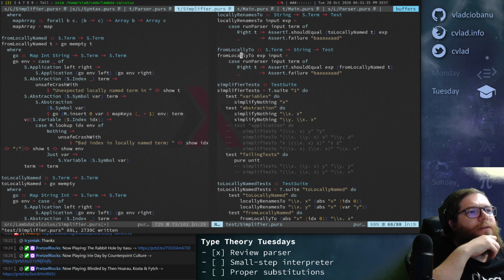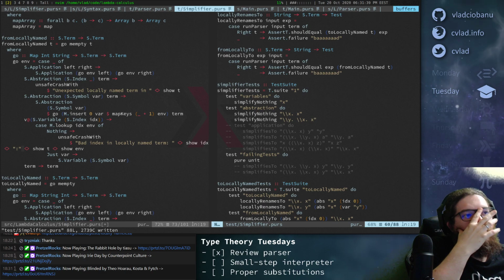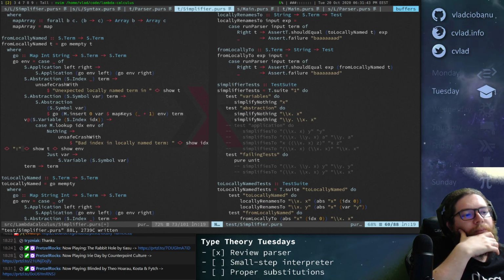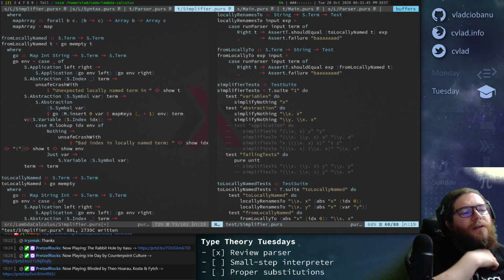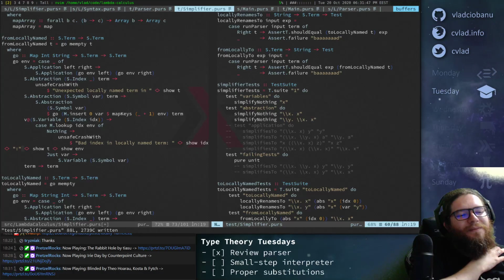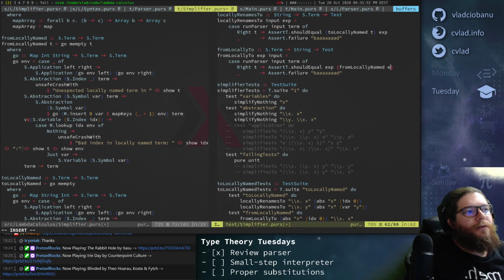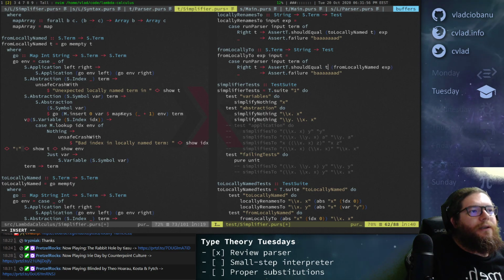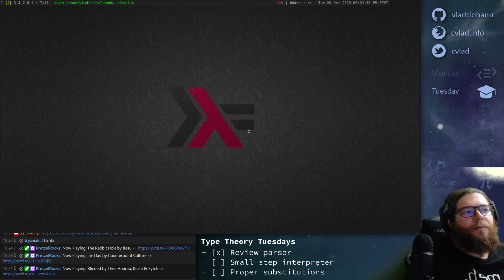Did I write the test wrong? So this is the expression and this is the input. So I should do from locally nameless expression, and it should be equal to t. I think that's the problem.